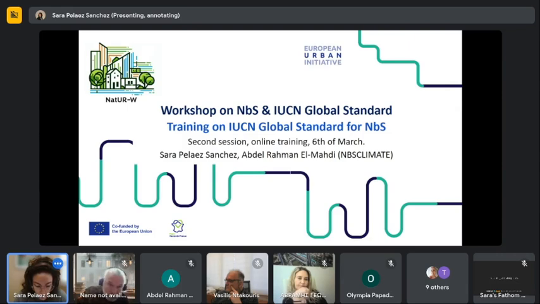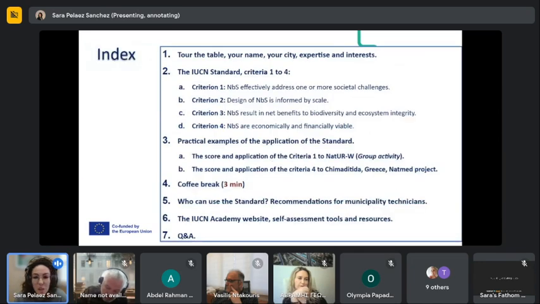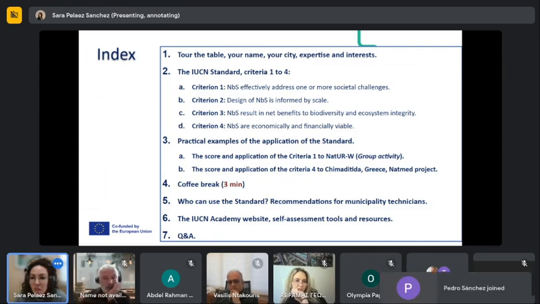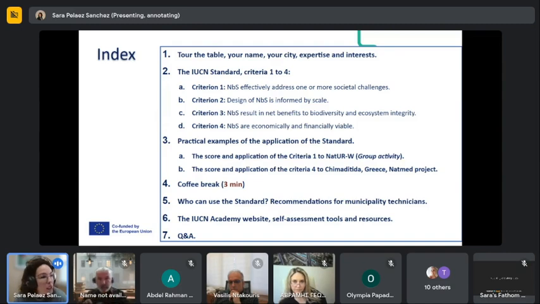I would like to start by briefly going around the table. I think most of the people are colleagues from the project and people from the transfer city that we met recently in Lorca. But for those that are new and also the old ones, I will ask you just to introduce yourself. And then we will go directly to criteria 1 to 4 in more depth than the last time.